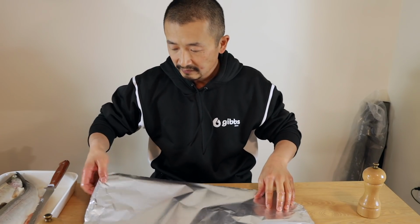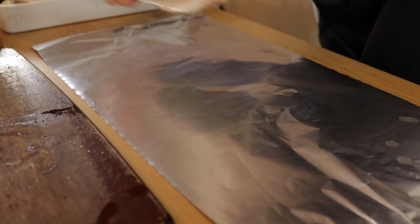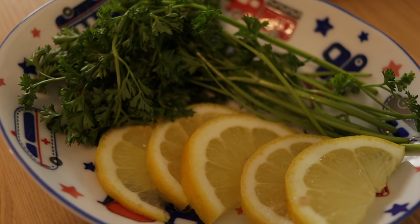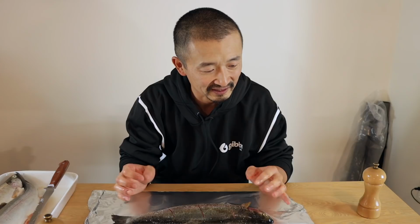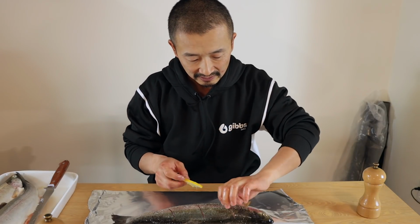Foil. And we're gonna lay the fish on top of that. In goes lemon and parsley, or you can use dill. You can use onions in it as well. You can use whatever ingredients, whatever flavor you feel like. So today we're gonna do some lemon, and we're just gonna chuck it inside the